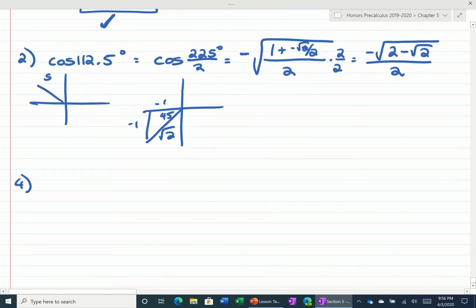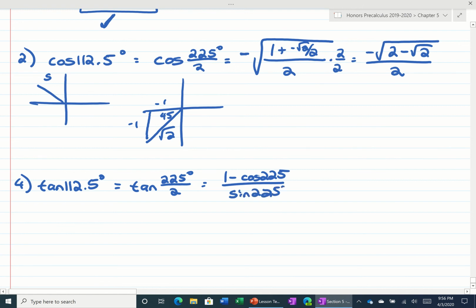Taking a look at number 4, number 4 is asking us to find the tangent of 112.5, which again is in the second quadrant. So we're going to be using the tangent of 225 divided by 2. Well, I'm going to use this formula, 1 minus the cosine of 225 divided by the sine of 225. This would be 1 minus negative root 2 over 2 divided by the sine, which is negative root 2 over 2. So using algebra, this is really just,